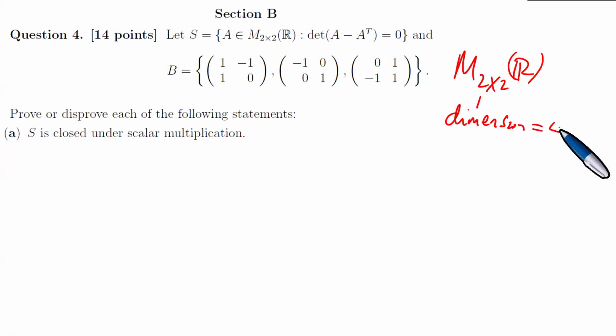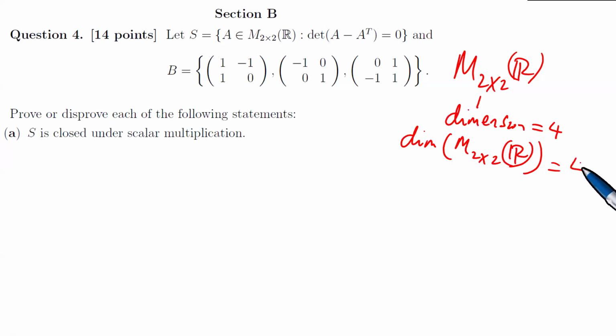So dimension equals 4. Even though we write M, it is the vector space of all 2 by 2 matrices, which has dimension 4. If it is 2 by 3, then the dimension is 2 times 3, which is 6, and so on and so forth. I'm saying that because the examiner is likely to ask a couple of questions here,